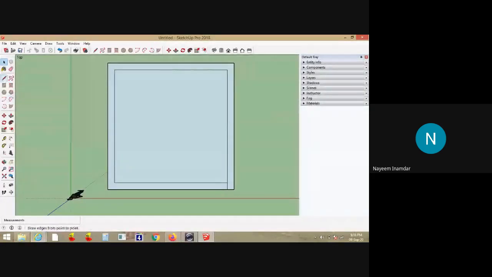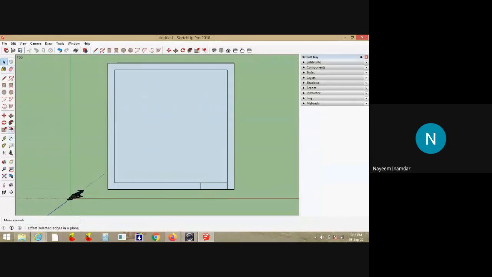What I'll do, I'll just go to the line command. So on the same line itself, I'll draw one more line having the dimension of 1.2 meters. So when you move the pen here, draw command means this pen. So somewhere here, 1.2 meter will be visible here. Means the point will be there. You can cross check the dimension here.